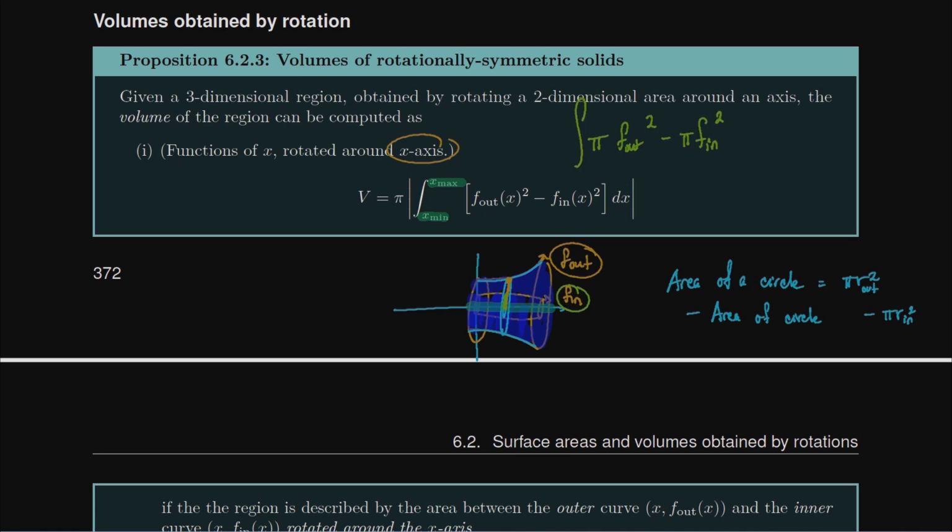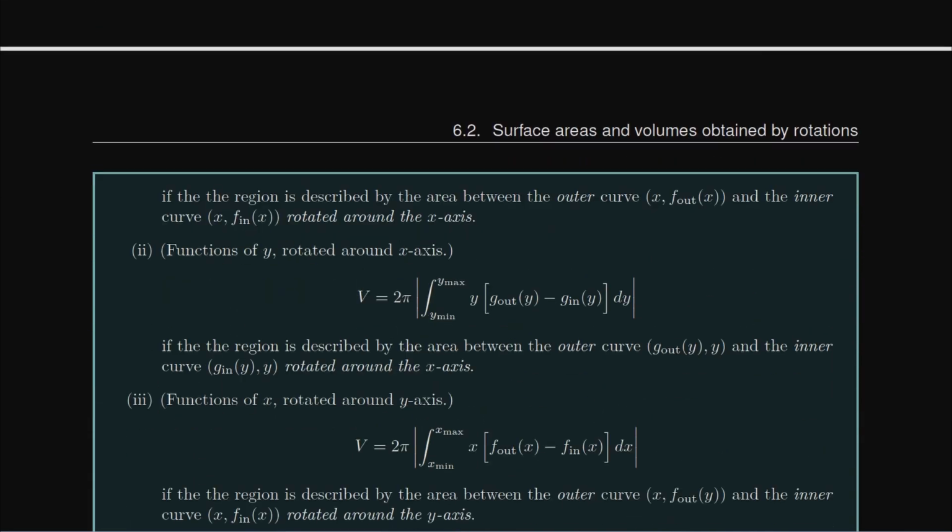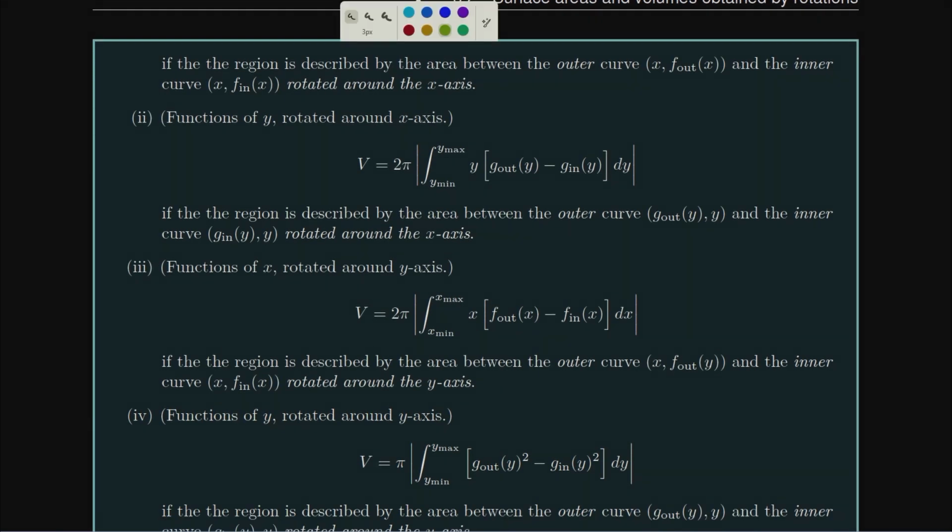And we're going to integrate this all along from some minimum x value to a maximum x value, dx. And if I want to, I can just go ahead and factor out pi. And here I've included absolute value signs just in case you choose inside and outside functions backwards. Now in the case that we have a function of y that we want to rotate around the x-axis,